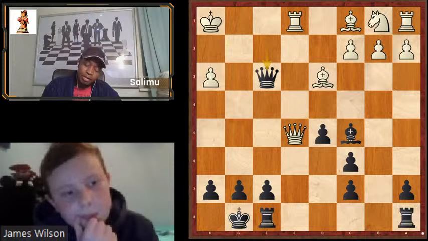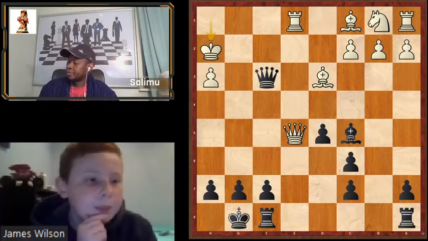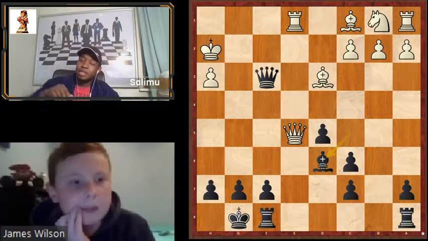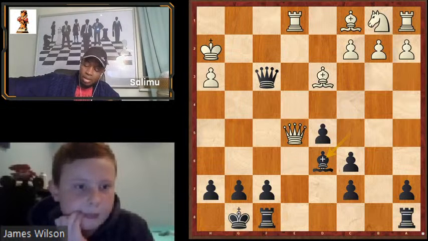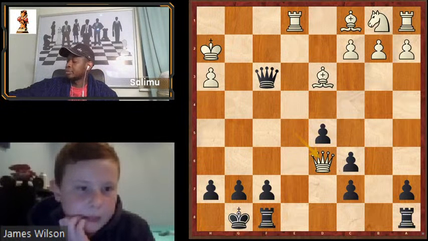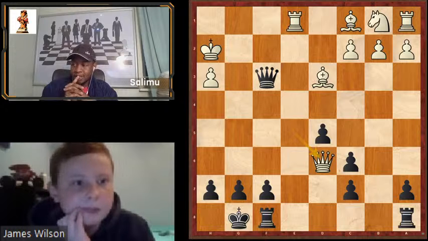Right, so he doesn't have a choice. He goes here. Bishop d6. Okay, so this was the problem with the position of his queen. And after he takes here, what do you do? You play